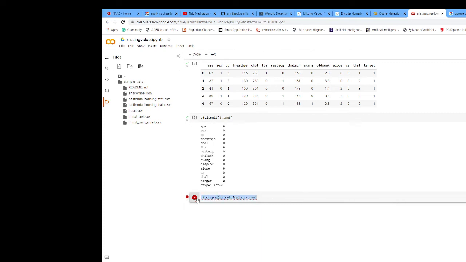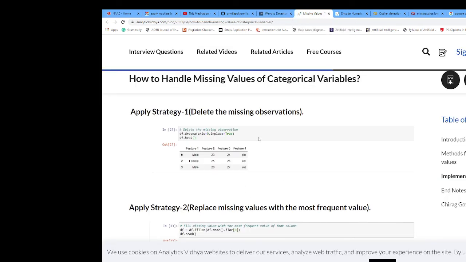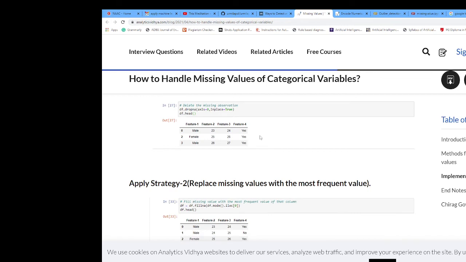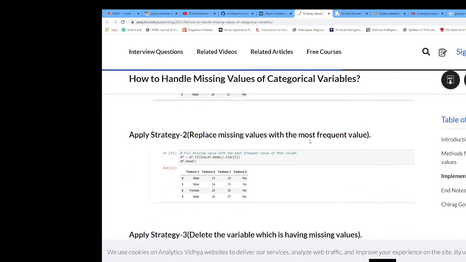If missing values are there, then it will work. Using dropna, we can delete the missing observations. It will delete all the missing values.